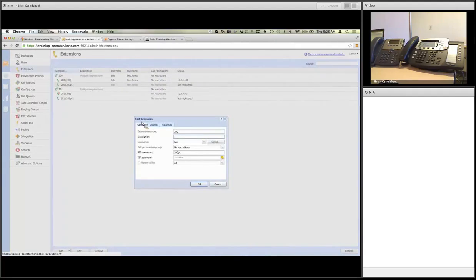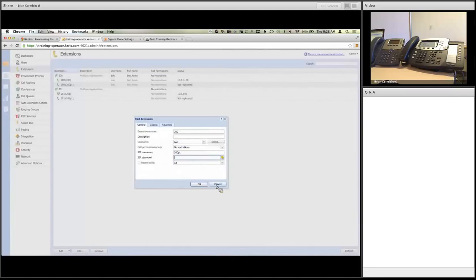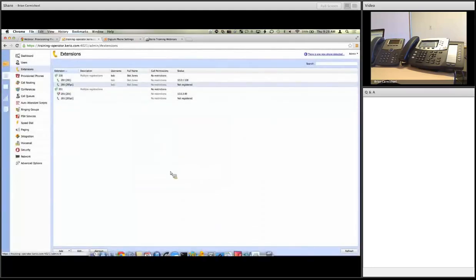There's really not a limit there. You'll see that the additional registration, the authentication, is 200p1. I'll take note of that, and then the password, which I'm going to copy, and I'll paste that into the telephone app. Now if I launch the program,